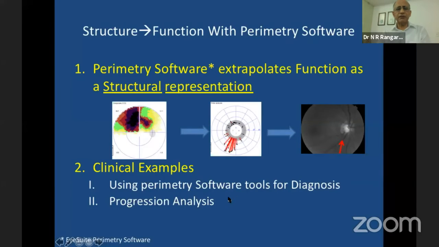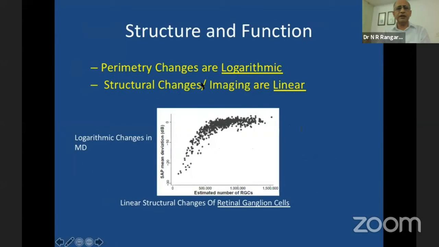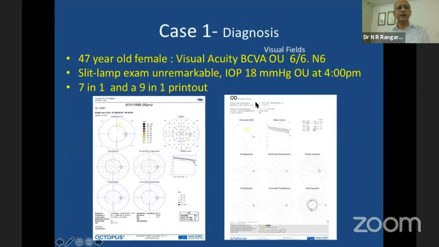So I'll just give a couple of examples which will make it more evident. And like I said, the perimetric changes are logarithmic and structural changes are linear, so you'll always have a difference in that. This is a 47-year-old female, and this is a 7-in-1 printout. Traditionally, we are used to seeing a 7-in-1 printout. Like Dr. Sathyan said, I would always use a 9-in-1 because it also gives me the sector MDs, the sector mean deviation values. Because when you average an index into a single number, it gets wiped out. But when you go sector-wise, one sector is highlighted,